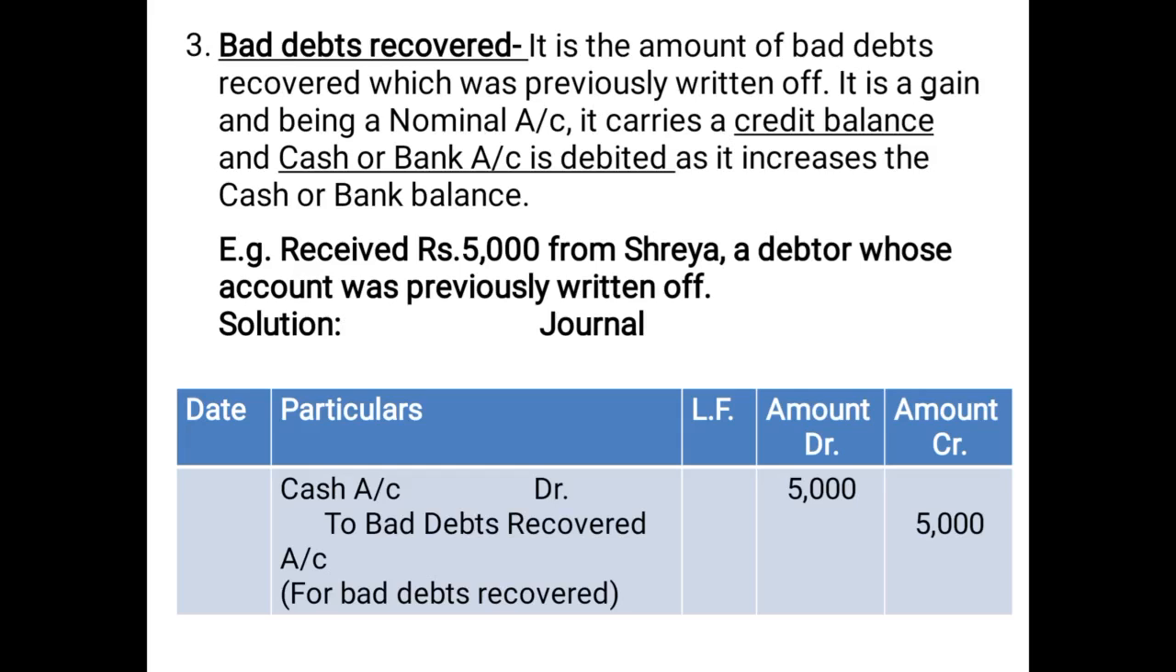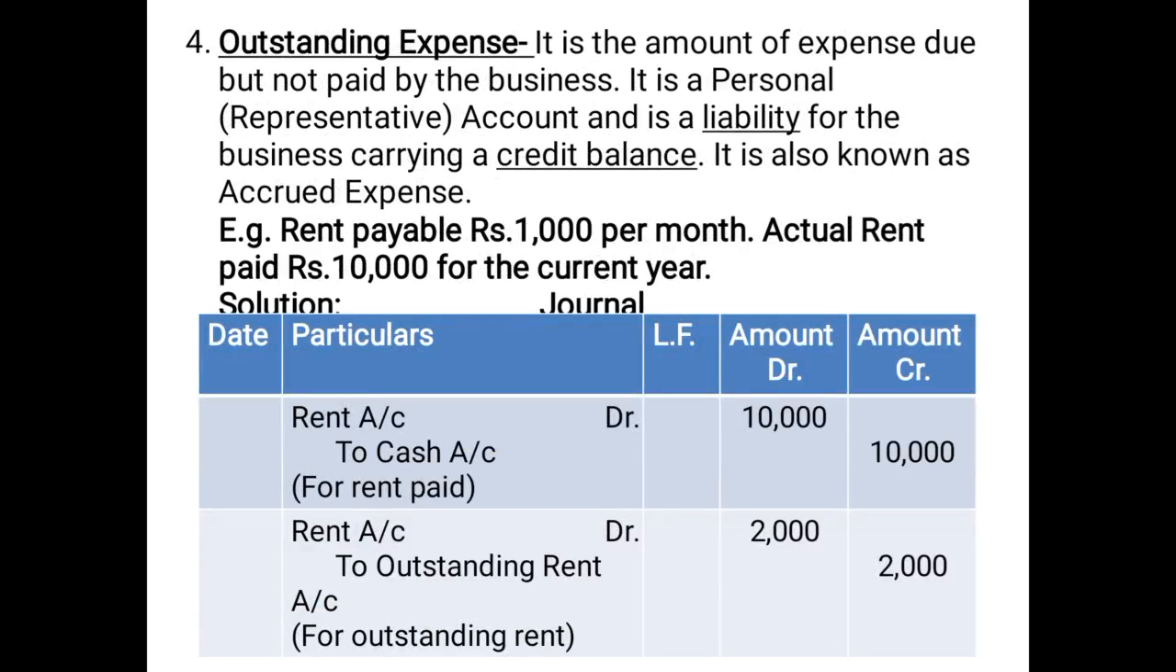Now since this 5,000 is coming in the business, cash account will be debited 5,000 to, now again since we are receiving the money in cash, we do not have to record the name of Shreya, and also we do not record her name because we have already closed her account. So we will not open it once again. We will simply credit to bad debts recovered account. And what can be the narration for bad debts recovered? Moving ahead,